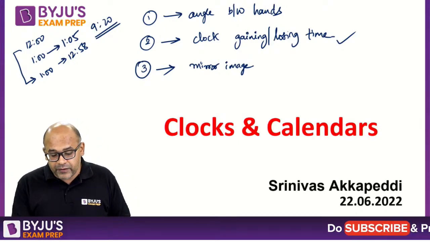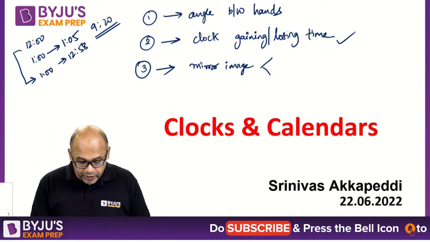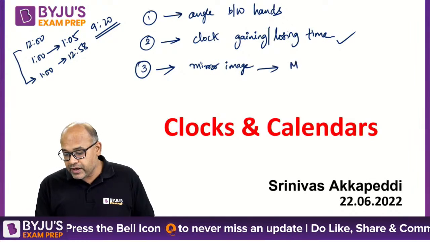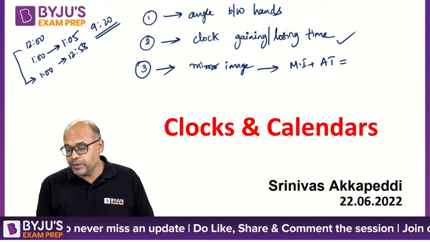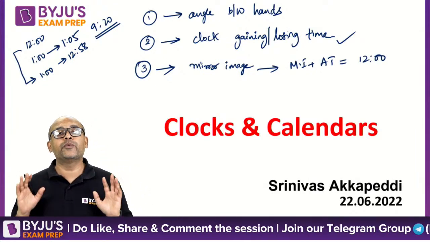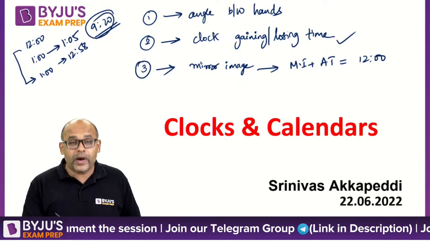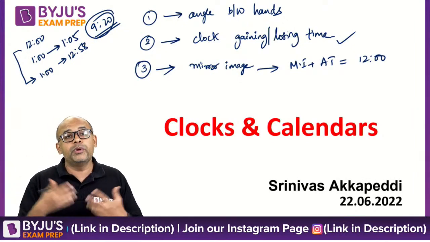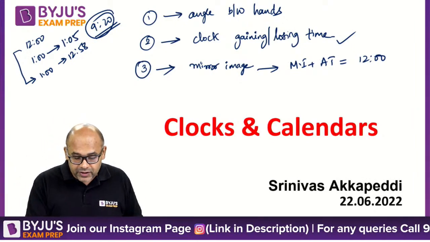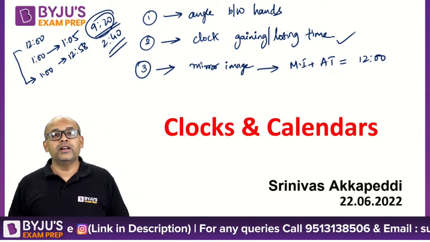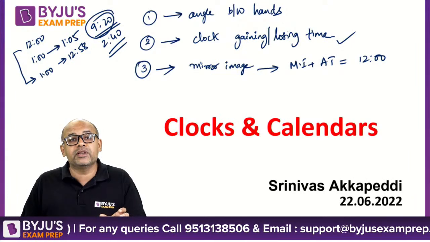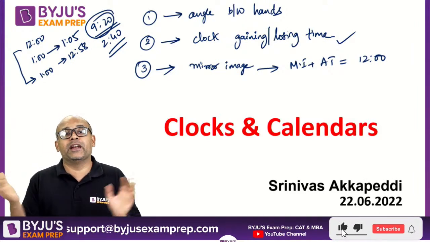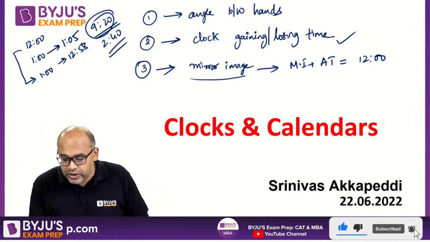So the logic here is very simple for mirror image. In fact, there's only one point of logic, and the logic for mirror image is always: mirror image plus actual time should be equal to 12 hours. It should always add up to 12 hours. Simple logic. So whether it's actual or image doesn't matter. If one of the times is 9:20, then the other should be how much? So 12 minus 9:20. How much is it? 2:40. Right? So whether the actual time is 9:20 or the mirror image is 9:20, I really don't care. One of them is X, the other should be 12 minus X because the total should add up to 12. That's the simple logic for your mirror image.